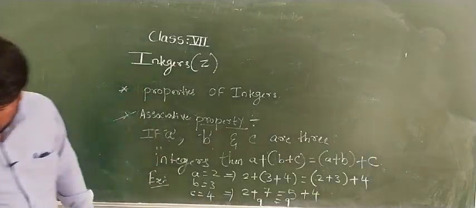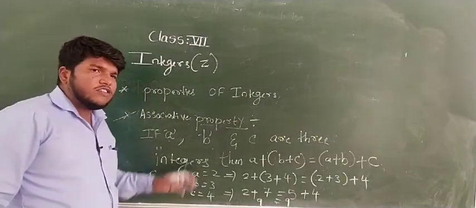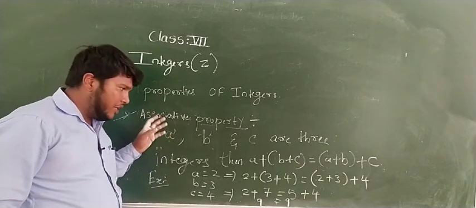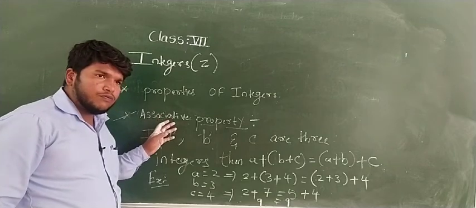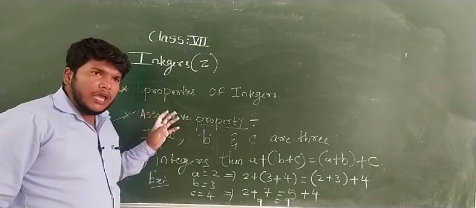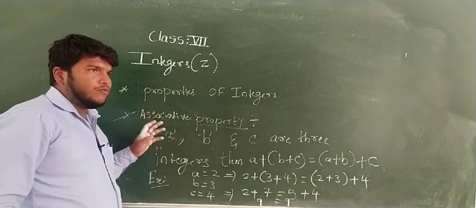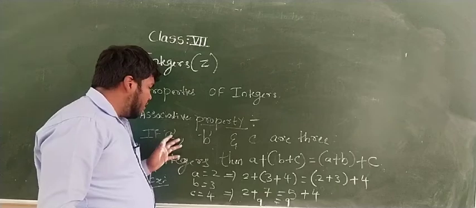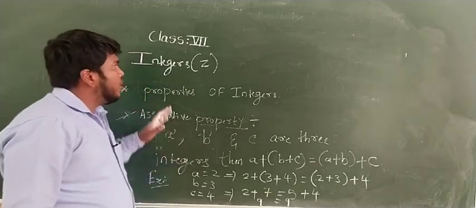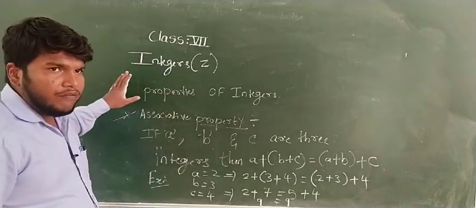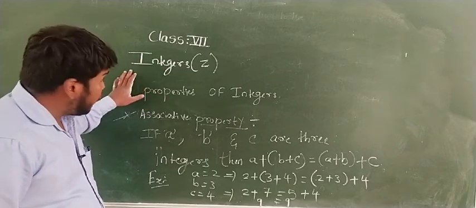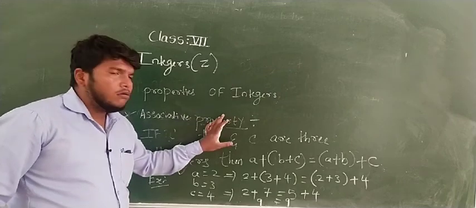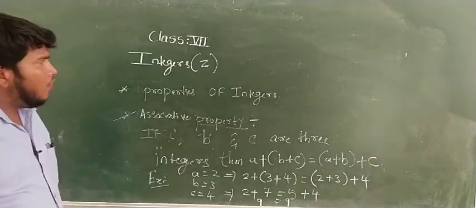So these are some properties. These three properties you have to make use of and verify in the form of integers. So integers hold good for closure property of addition, commutative property for addition, and associative property for addition. So all this video you have to go through and note down the definition of integers, rules of integers, properties of integers, and send it to me on my WhatsApp number.